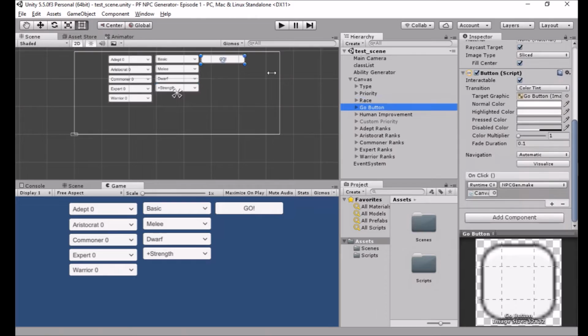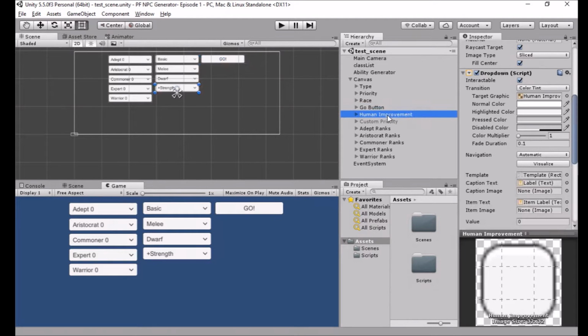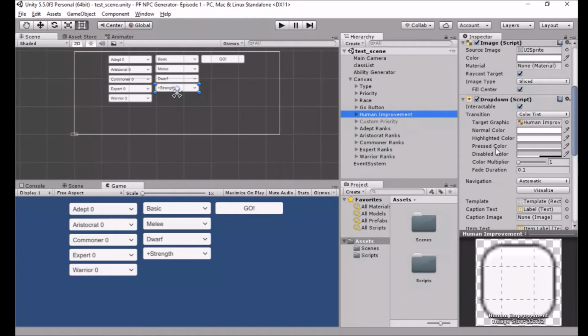Then of course there's the button that actually activates the thing. When you click on this thing, it activates this routine called make that we'll be taking a look at for most of the video today. I have another button called Human Improvement. I need to change